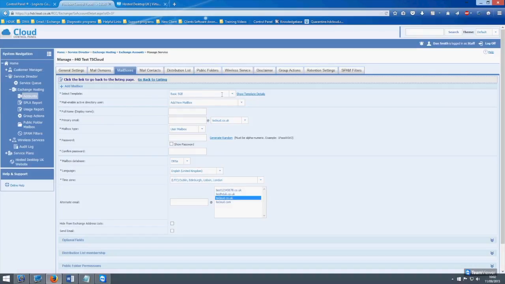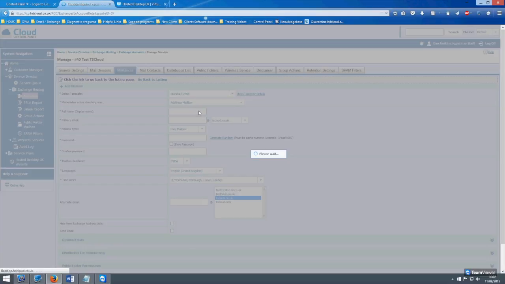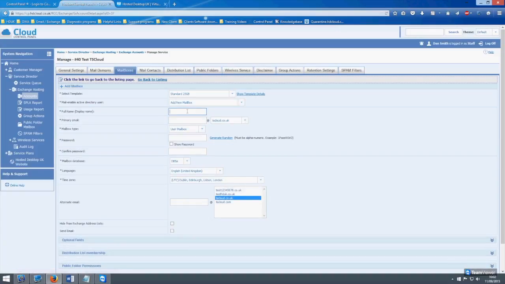It depends on the type of account you have with us as to what you choose from the first box, template. If you don't know, chances are it's just going to be a standard 25 gig mailbox. As we select this 25 gig one, you want to enter a display name. It can be anything, your full name, anything you like at all. This will be the name that's displayed when you email somebody. So if you email a colleague or a client, this is the name they're going to see in their Outlook. So I'm going to create myself one and give it the display name of